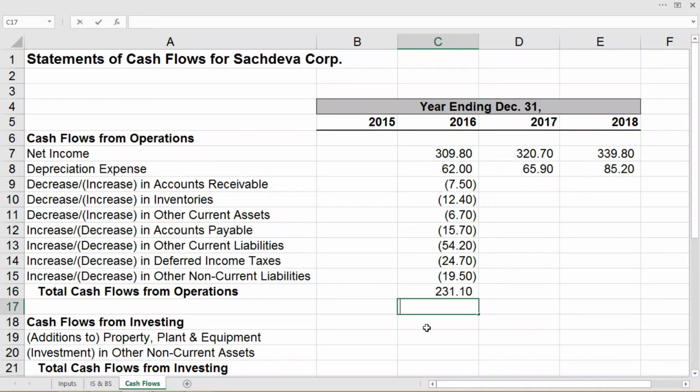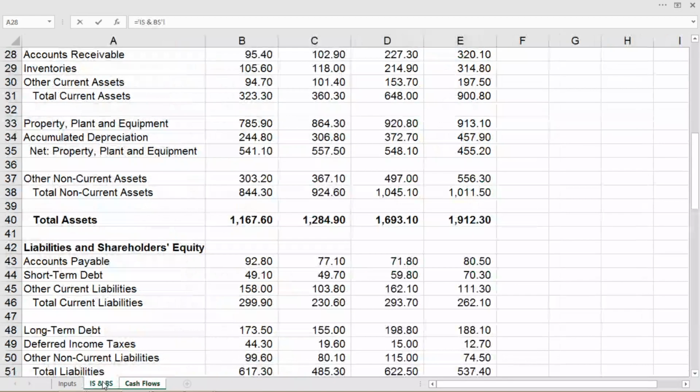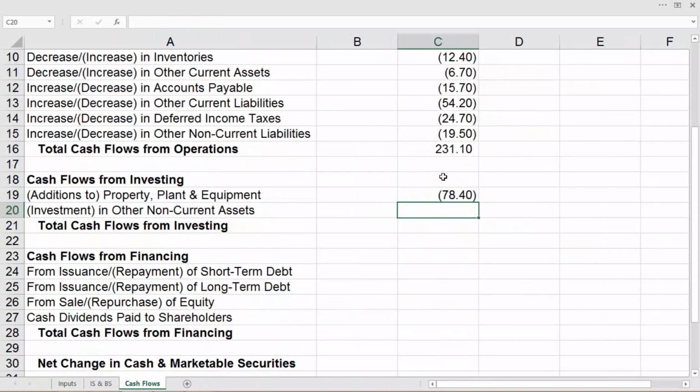Now we need to calculate cash flow from investing activities. So we have to see the property, plant and equipment. So equal to, again go to the income statement and balance sheet. Then we have B33 minus C33 and enter.